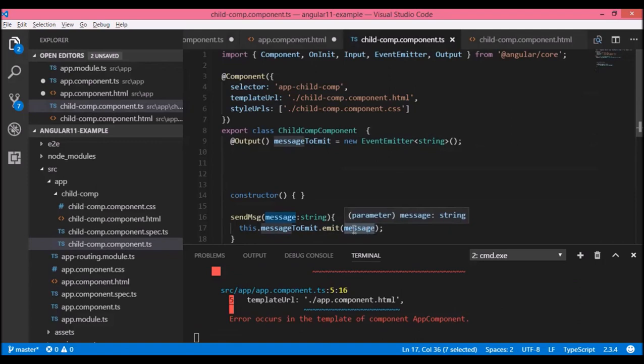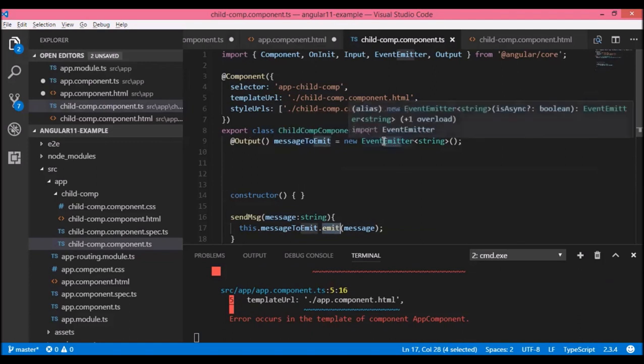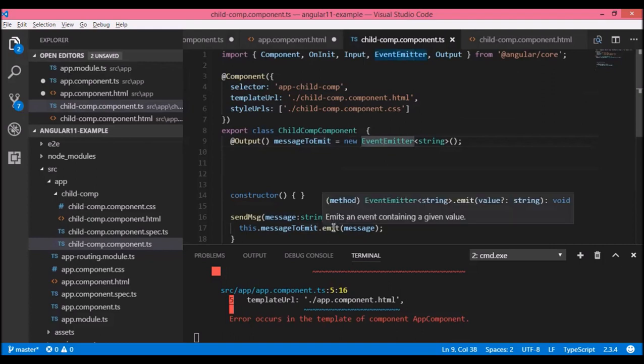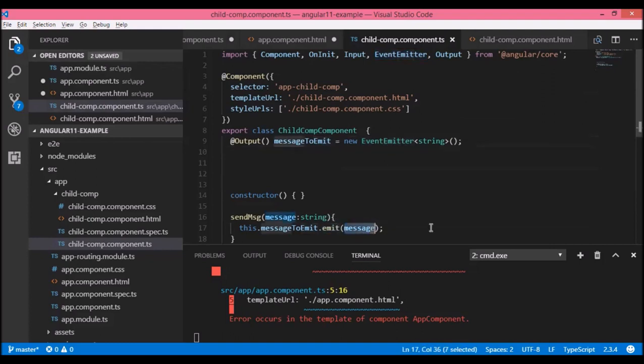So now to emit this message, this method belongs to this event emitter class. Okay, so first I have to create an object of type event emitter. Then only I would be able to call the method emit, and it will emit some message.